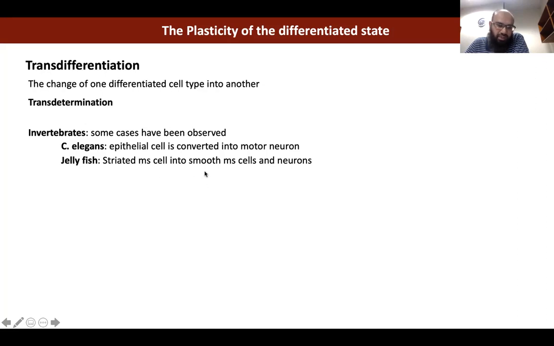If you digest the extracellular matrix with different enzymes which degrade these matrix proteins, then the striated muscle cell changes its phenotype and converts into a smooth muscle cell. And then further on, it was converted into a nerve cell. So this example basically